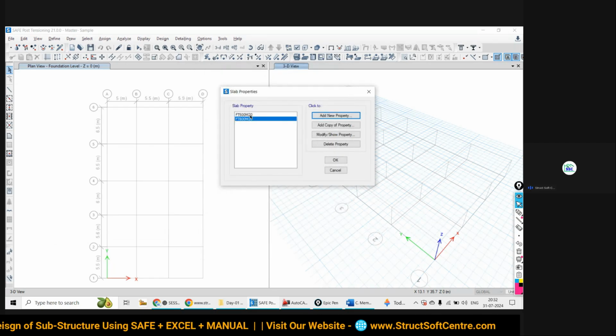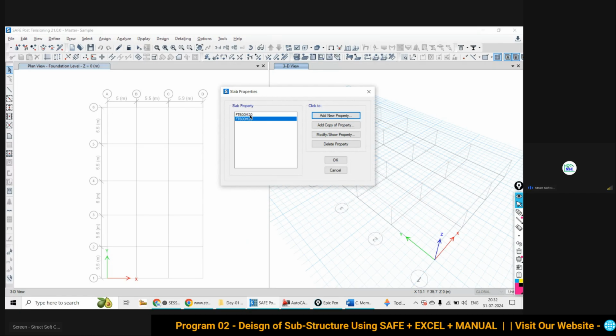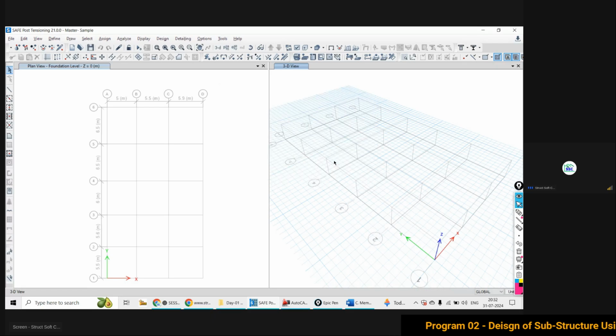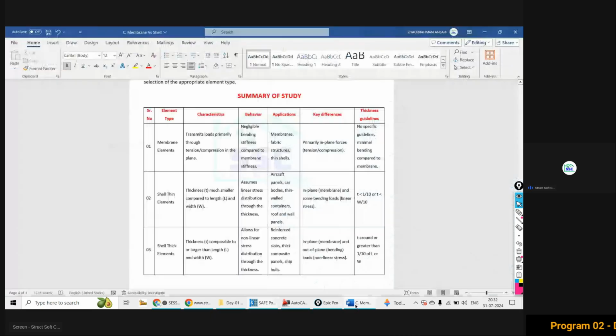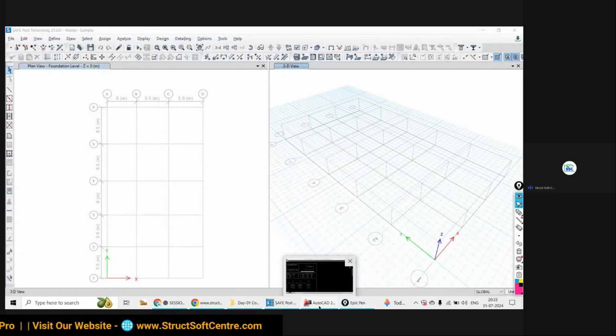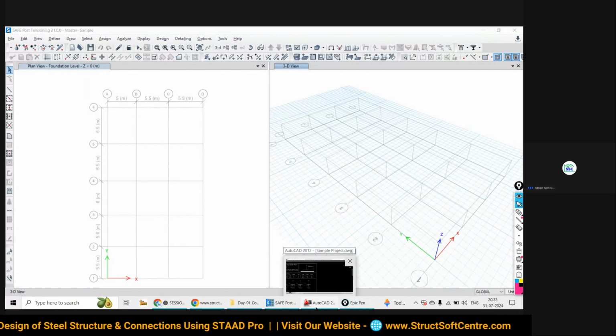That's it. So both of the sections have been added for the concrete foundation slab. Now simply say okay, done. Let me close this first. If I forget, then ask me to upload the membrane and shell difference file.